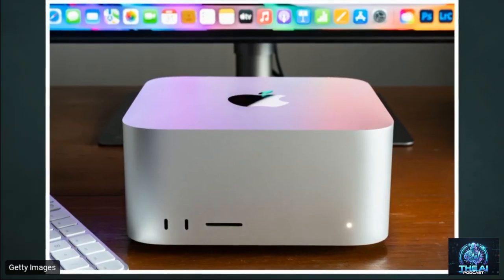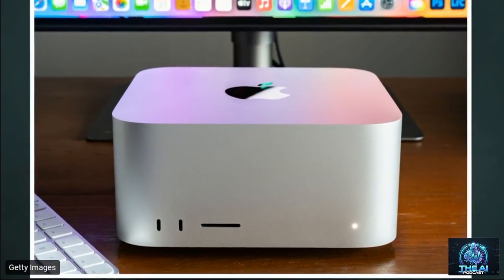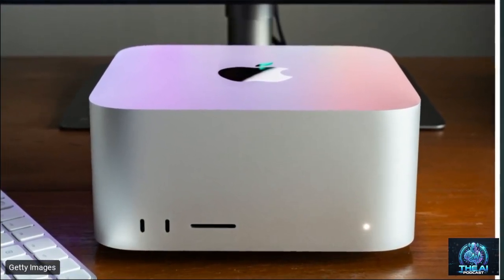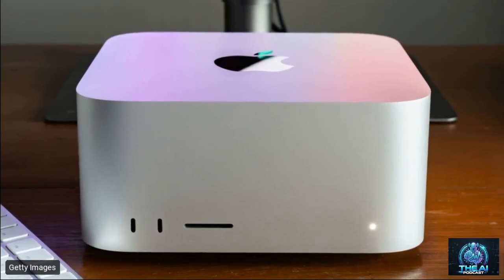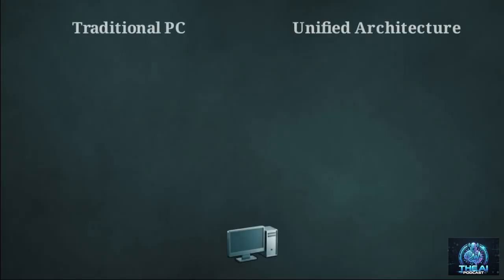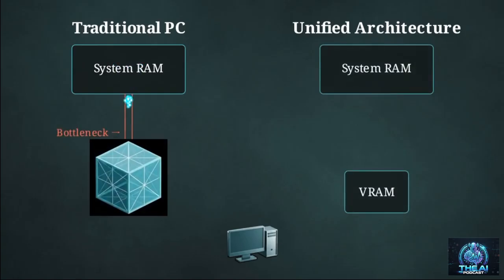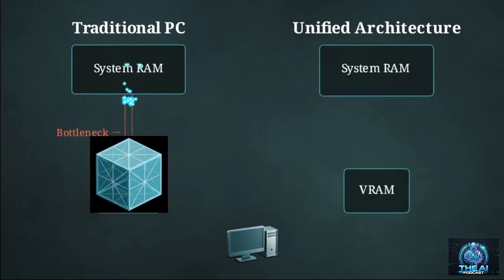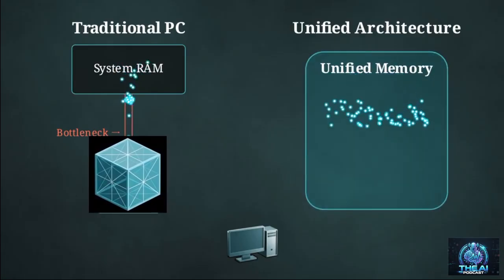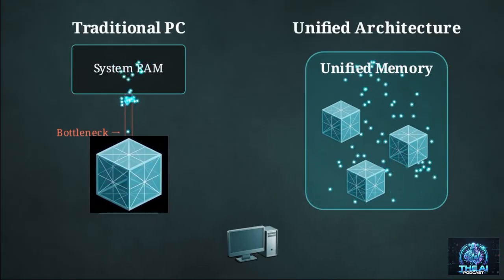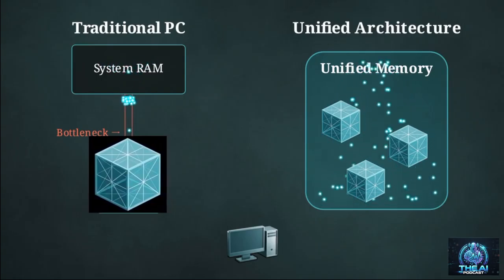Transitioning to local AI requires a high-memory desktop workstation. Systems like this Mac Studio house the entire intelligence stack right on your desk. This chart shows the advantage of unified memory. In a typical PC, memory is split between system RAM and the graphics card's VRAM. Unified architecture combines them into one single pool, allowing your computer to efficiently load massive datasets required by high-end language models.